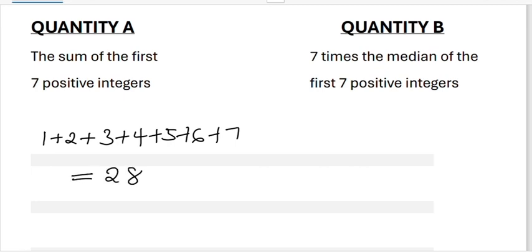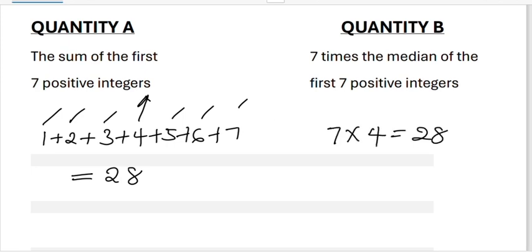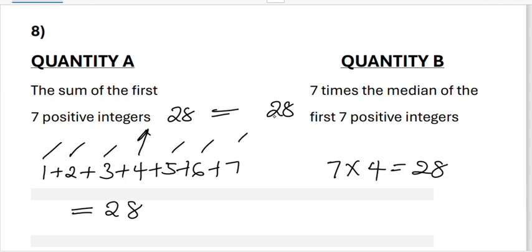What is the median of these first 7 numbers? So the median will be 1 2 3 1 2 3. So the median is 4. Okay, so this will be 7 times the median, which is 28. So clearly this is 28 and this is 28. So both of them are equal. So the solution here is